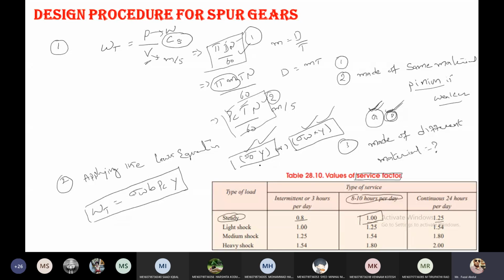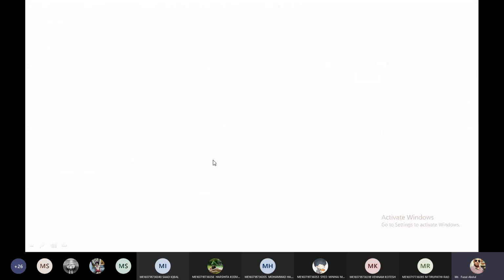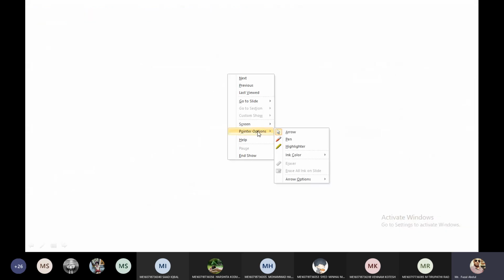After calculating this product for the gear and this product for the pinion, we get some results. By comparing the results, the one having the lesser value is the weaker one. In this manner, finally we apply the Lewis equation to the weakest one. This is the third point. Now the fourth point is,